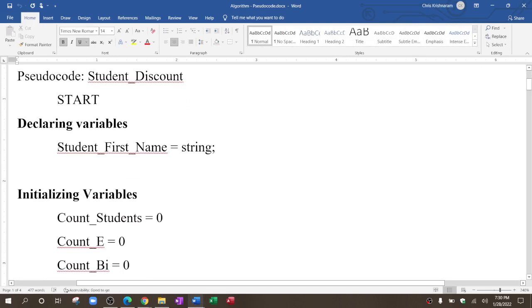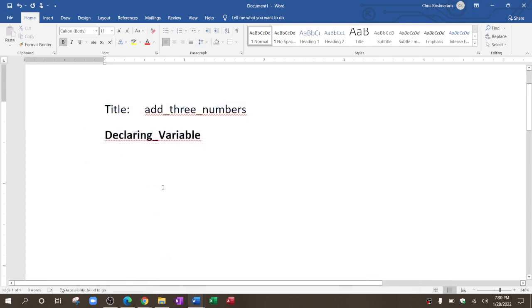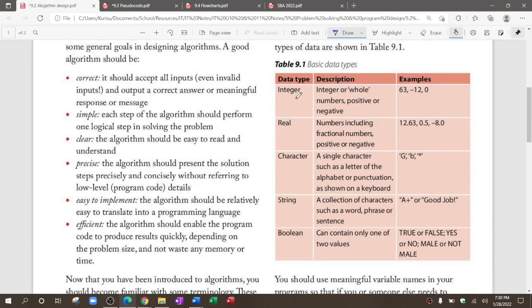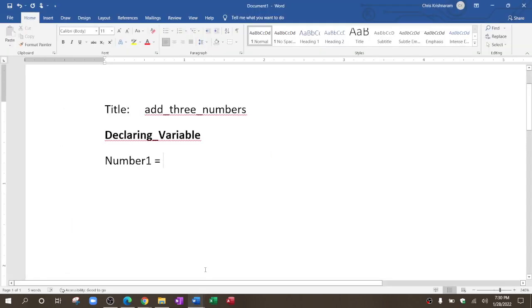Right, so this here is an example here. Student underscore first name equals string, and then we put a semicolon. So we're gonna use that as our example. So we're gonna say number one equal, and what is our data type? Remember, reference your table, this table here. We have integer, we have real, we have character, we have string, we have boolean. So which one we're gonna use? We don't really want any decimals, so we're not gonna use real, so we're gonna use integer. So what we're gonna say is number one equals integer,